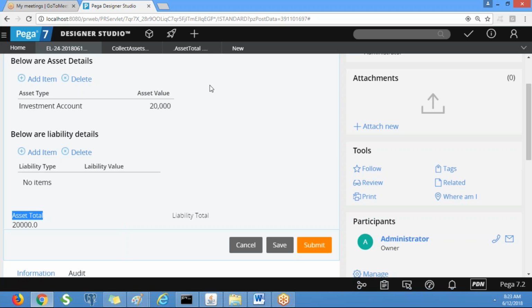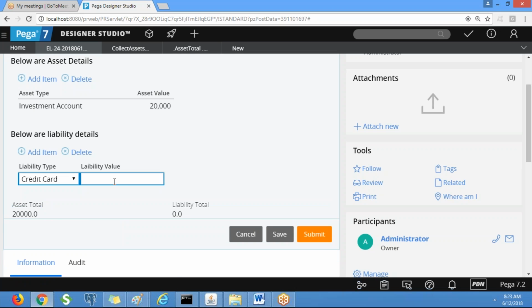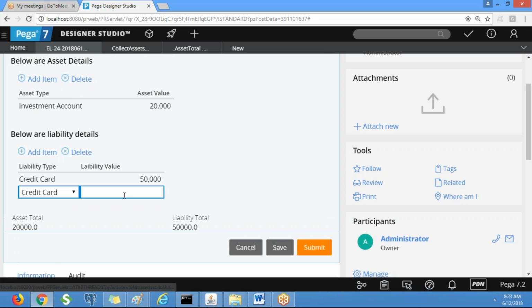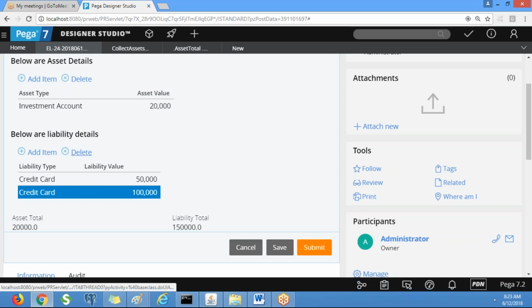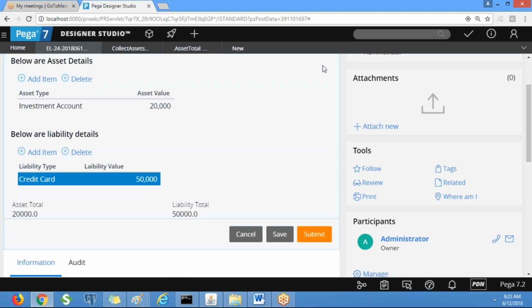Okay. Now let's say we are adding this liability value. Okay. So automatically this is getting updated. This is called declare expression. Whenever the value changes, automatically the target property gets updated. Clear? Online guys.